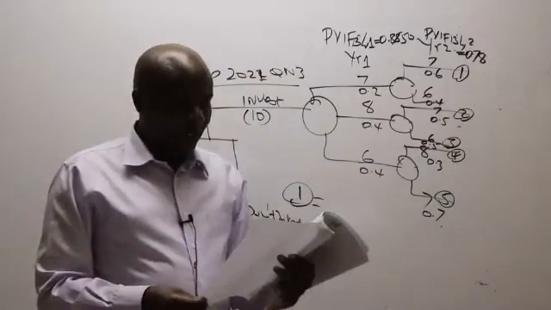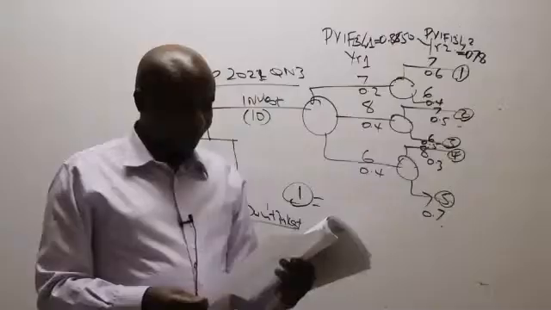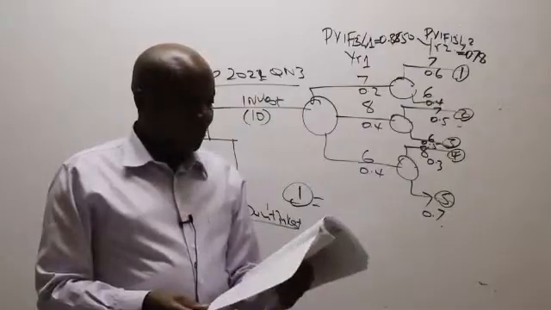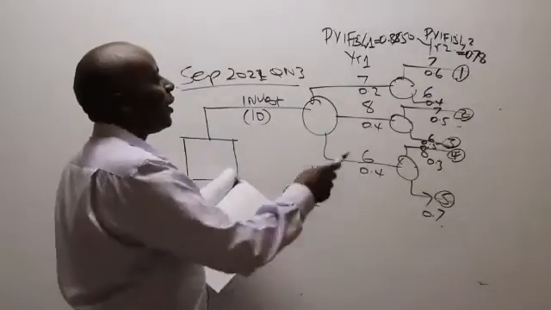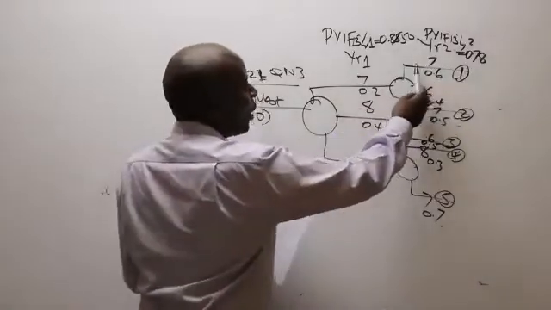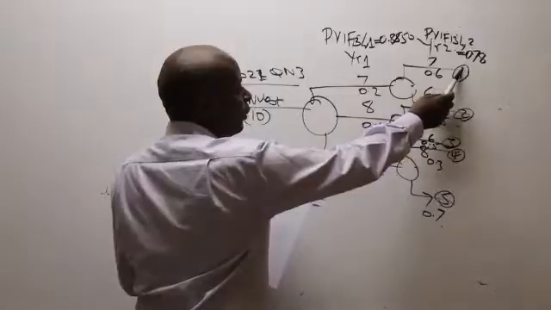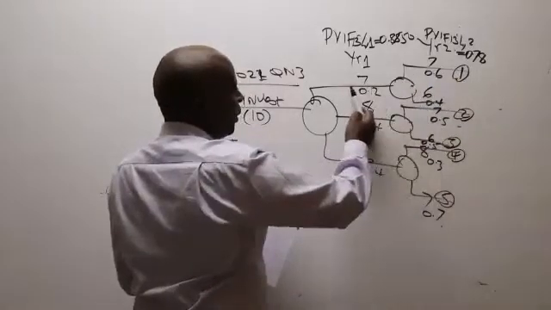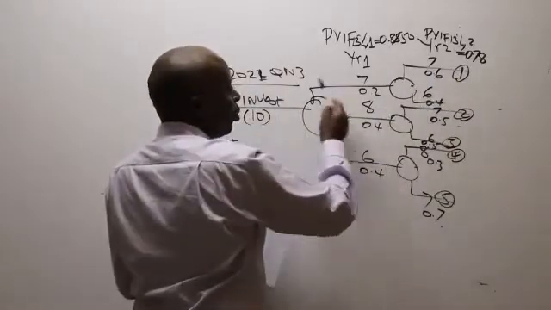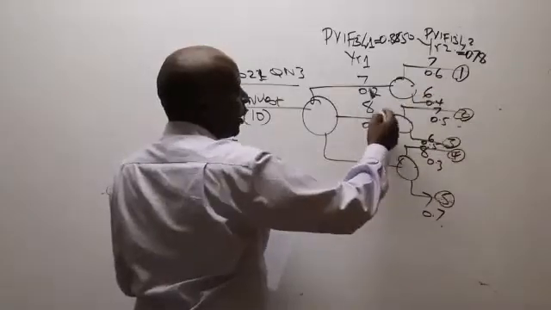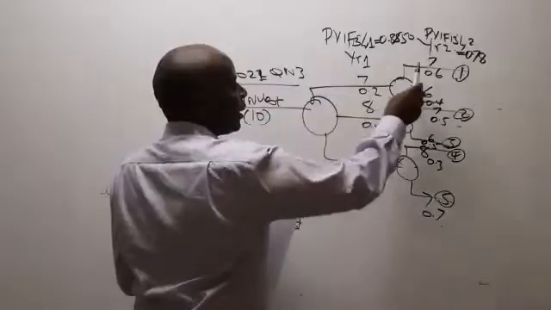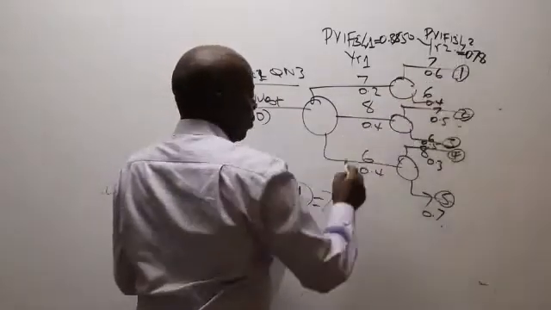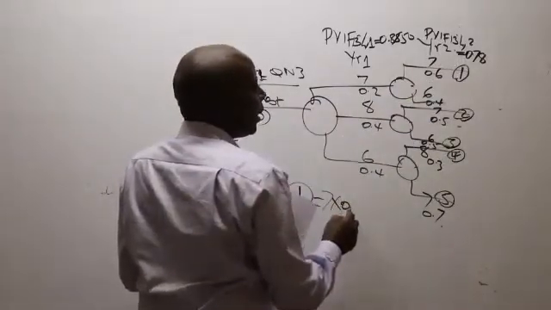NPV of branch number 1. So how do we get branch number 1 NPV? It's very easy. You run all the way from the top of the branch, along this route, and then you pick whatever cash flows. So like now we have 7. This 7 has to be discounted.